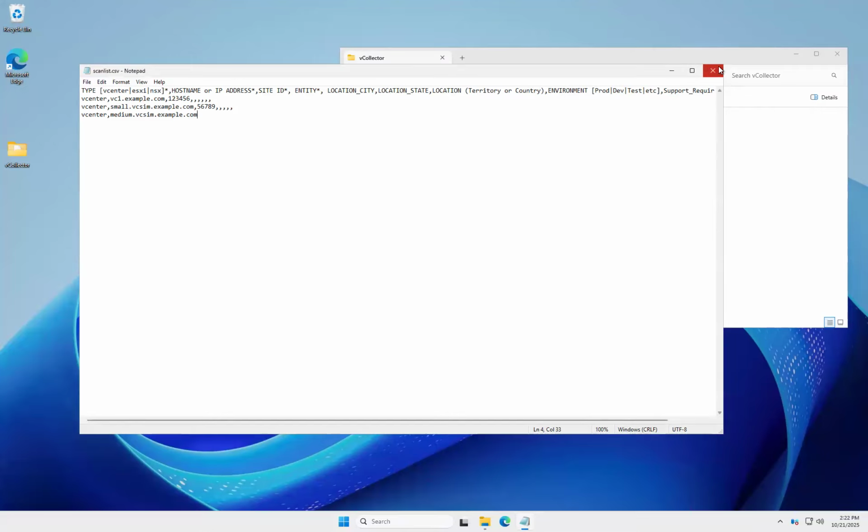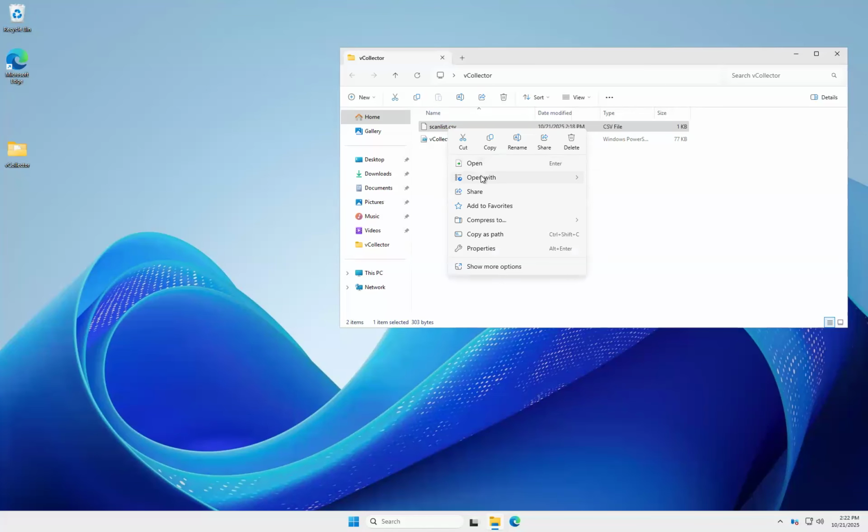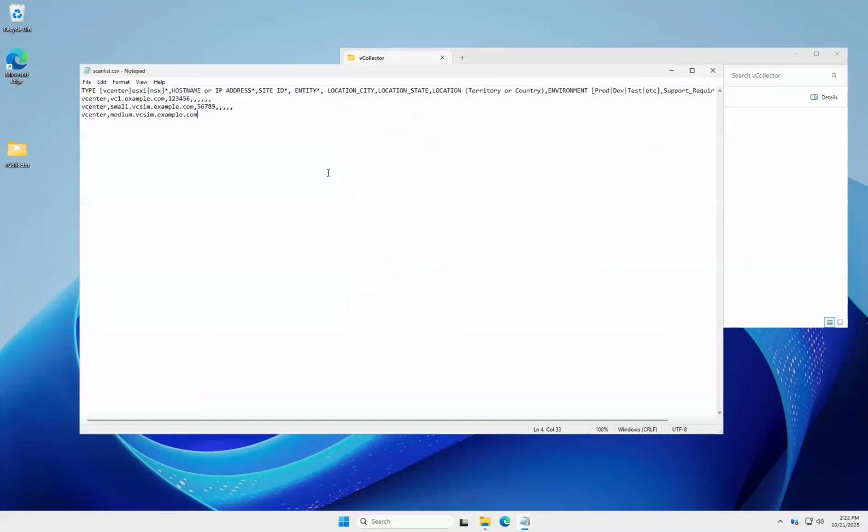On this machine, I have a folder with two files in it. Both of these files came from the KB article mentioned before. There's a scanlist.csv and a vCollector.ps1 PowerShell script. We'll begin by opening the scan list in Notepad or any other file editor that can edit a CSV file. In here, the default file that we download from the KB article only has a header row, and we'll need